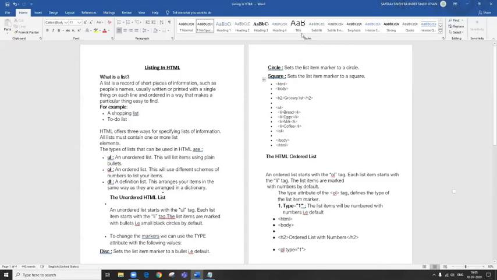Then you have a circle and a square. Circle is a hollow circle, and then square. Now these that I have used here are the disks, bullets which come by default.